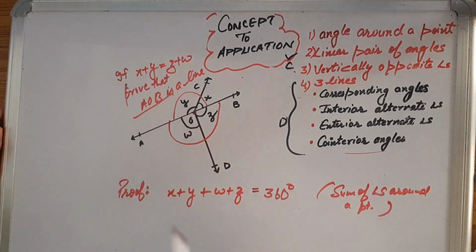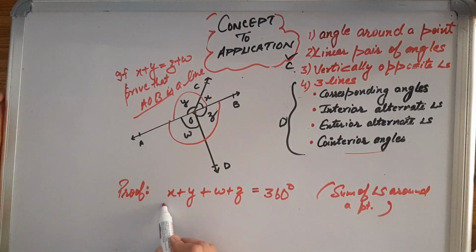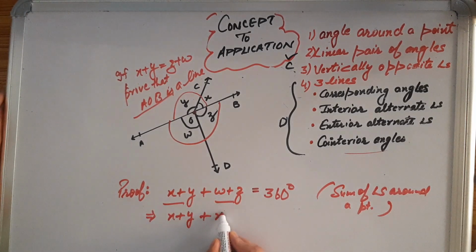Whenever you get stuck, you have to focus on what is given. There are always two things in the question: what somebody asks us to do and what all is given. What is given in the question apart from the rest? X plus Y equals Z plus W. That means this is X plus Y and this is W plus Z, so I can replace it by X plus Y only. This is how I can use it.